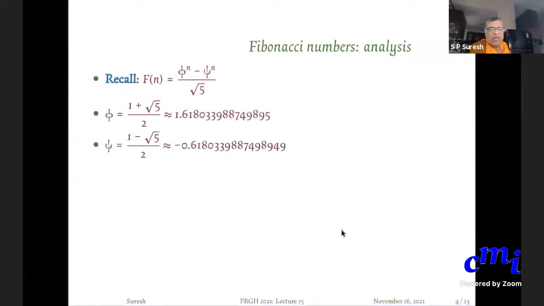So there are these two quantities, and your f of n is actually equal to phi raised to the n minus psi raised to the n, divided by root 5. That's a thing that you can prove. When you have time, go look up Fibonacci numbers and these things. But you can verify this by induction, and you need to verify that 1 plus phi is phi squared.